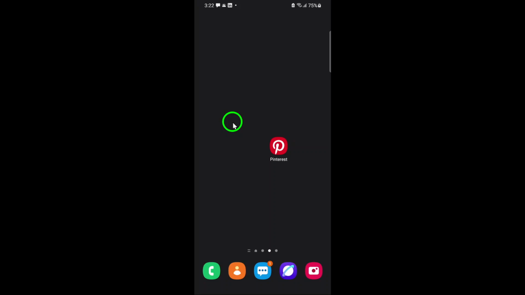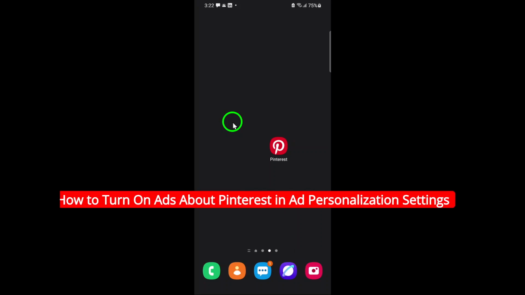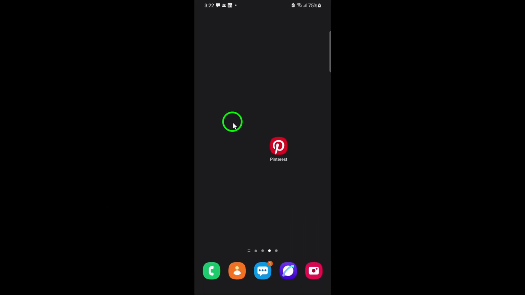Welcome. If you want to take control of the ads you see about Pinterest, you're in the right place. Today, I'll guide you through the simple steps to turn on ads about Pinterest in your ad personalization settings. This update makes it easier than ever to customize your experience and stay in the loop with what Pinterest has